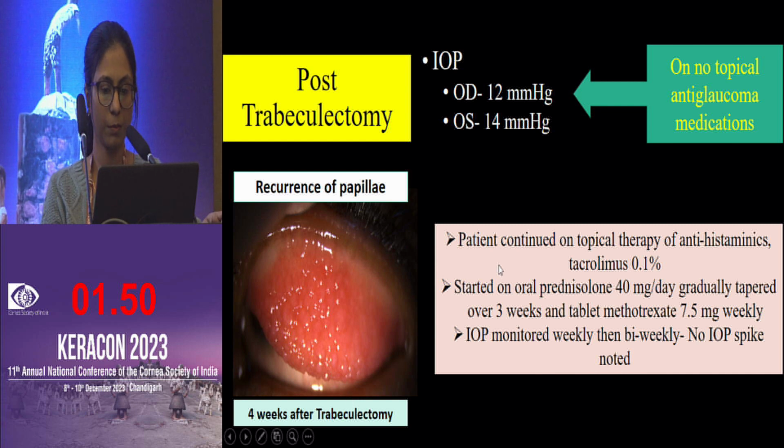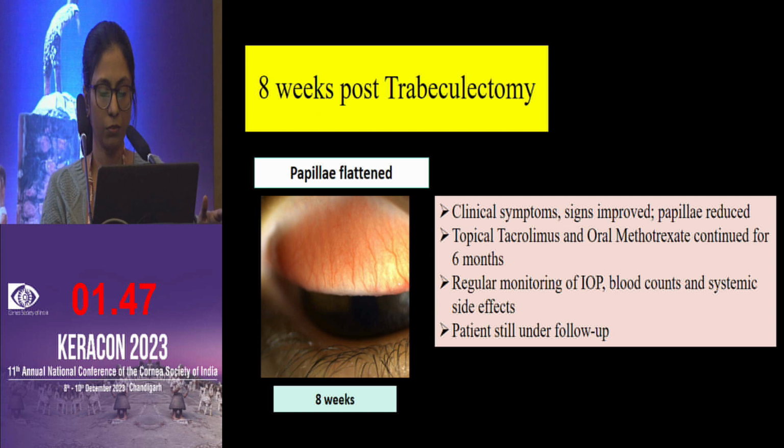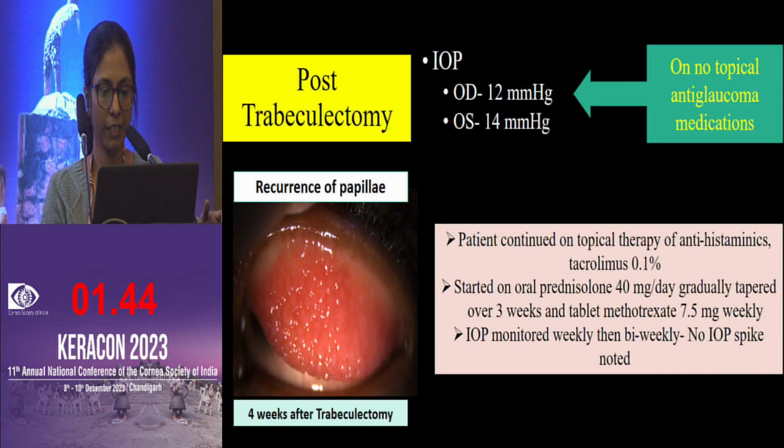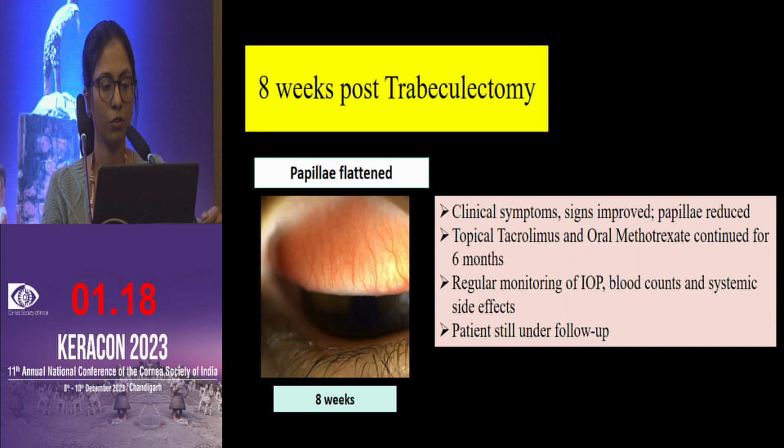As there was a recurrence, though the patient was continued on all those topical medications, he was started on oral steroids, 40 milligrams with a tapering dose, and with the rheumatologist's opinion, we also started him on methotrexate 7.5 milligram weekly dosage, with monitoring of IOP weekly followed by bi-weekly, with no spike noted. So at 8 weeks post-op, we noted total flattening of papillae with total improvement in the signs and symptoms,